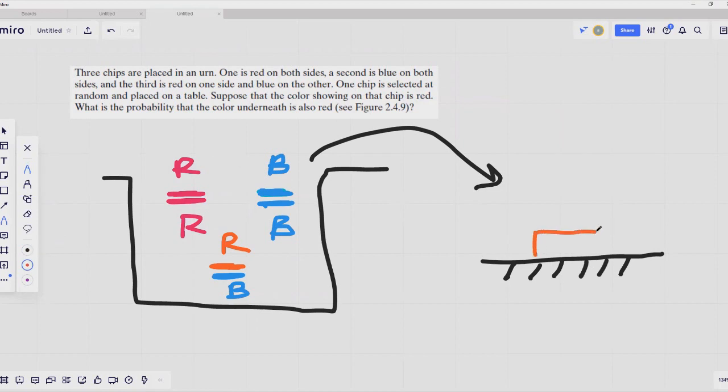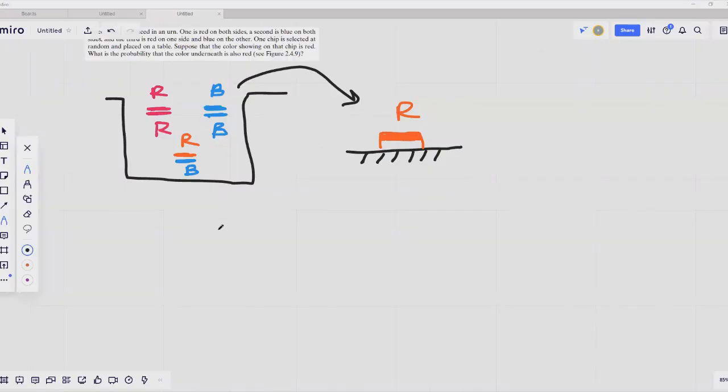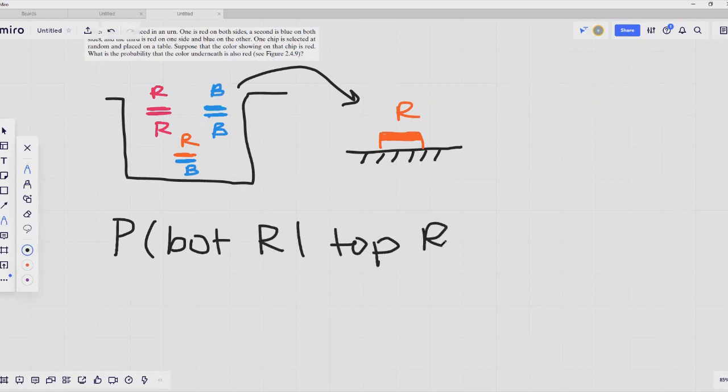What is the probability that the color underneath is also red? Thus, we are looking for the probability that the bottom color is red, given that the color on top is red,